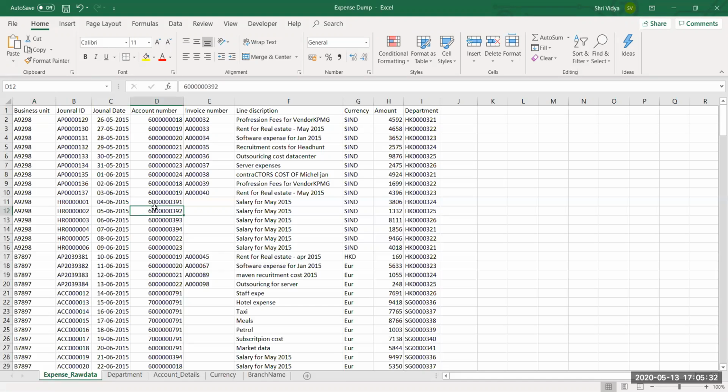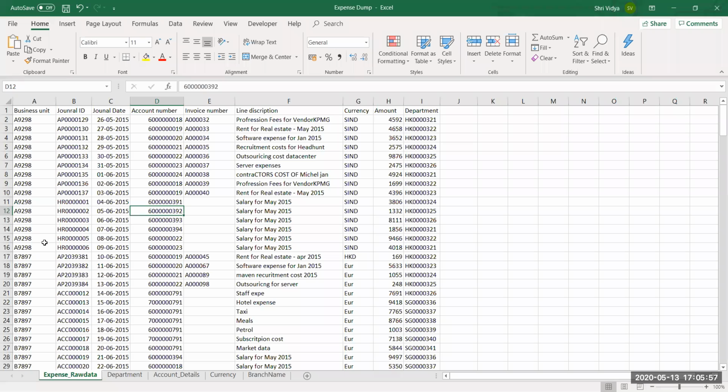Let's say we have an organization and that organization has multiple branches. There will be a lot of expenses in an organization. All that will be recorded for different departments under different accounts. And if the branch is in a different country, even the currency will change.